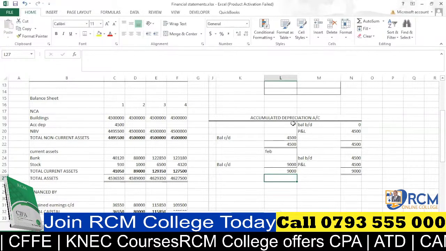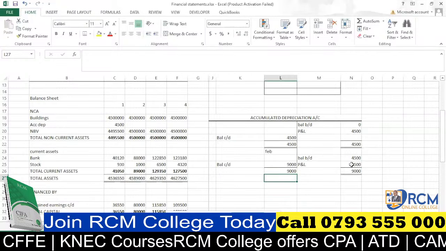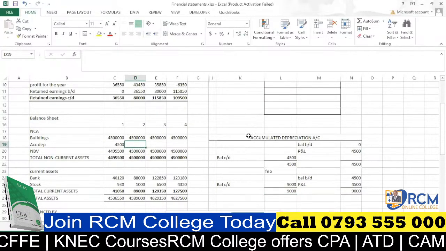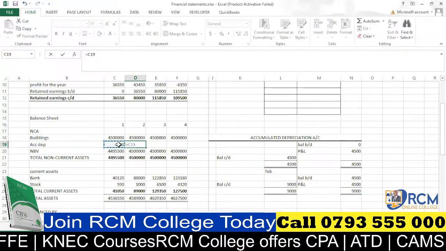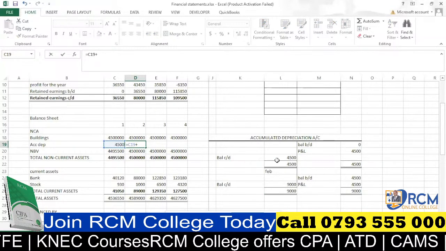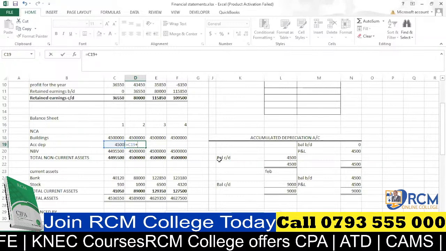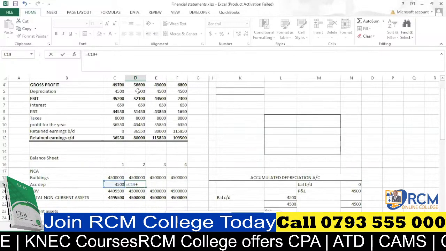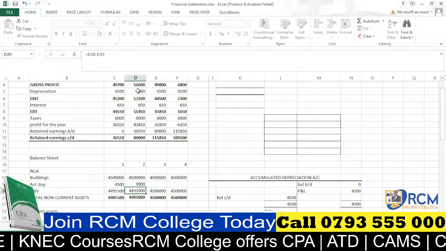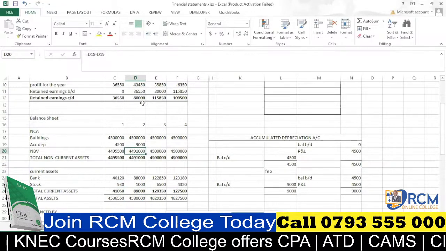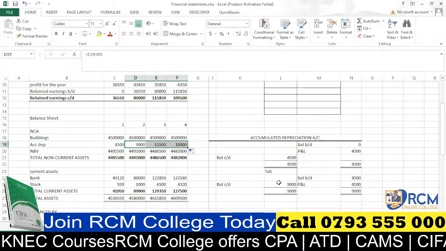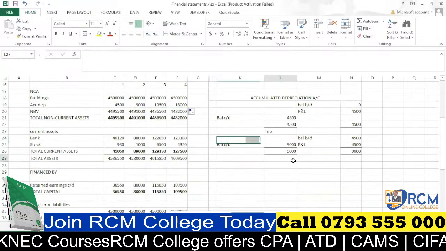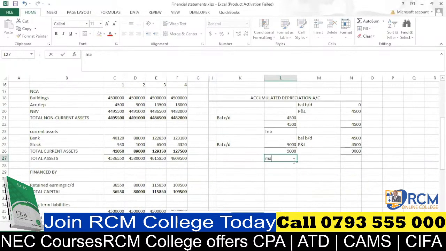the accumulated depreciation in the previous month of operation, 4,500, which is this balance brought down. So it is this one here. Then we add depreciation expense for the month of February, which is this one here. So when we do it that way, it automatically adjusts as we move downwards up to 18. So as we move to the third month of operation, which is March, the